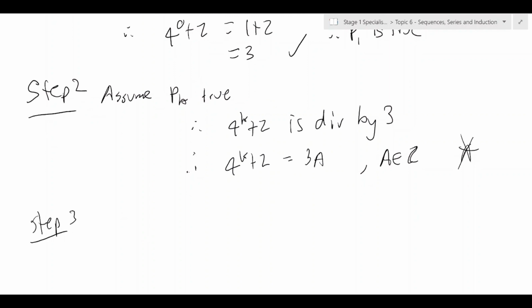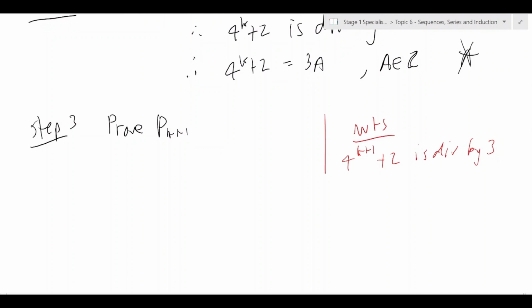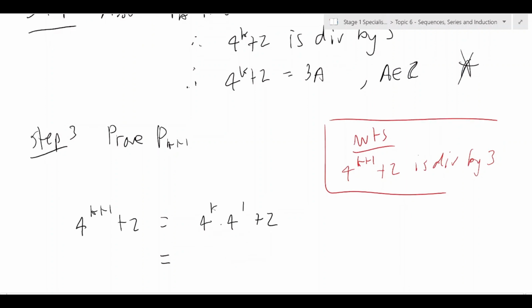Step 3, prove Pk+1. So we'll do our want to show. Want to show that 4^(k+1) + 2 is divisible by 3. Alright, so let's do that. If we look at 4^(k+1) + 2, this is 4^k times 4^1, plus 2. And we know what 4^k is,